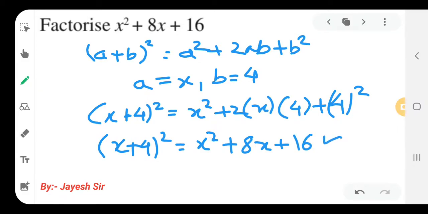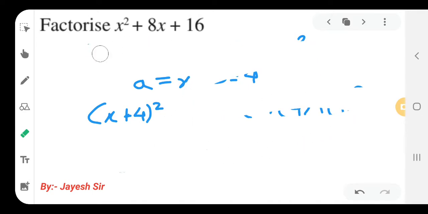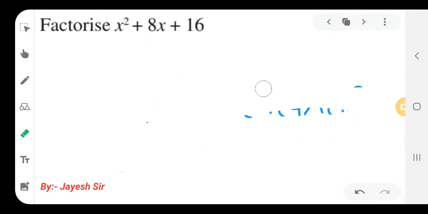You can see that we are getting the question over here, and the answer is on the left hand side of the equation, that is x plus 4 the whole square. Directly, if you are practicing a lot, you can directly see and give the answer. But the second method I promised that I will explain over here. It is an interesting method that would be further applicable in our higher grades. Let us see over here.